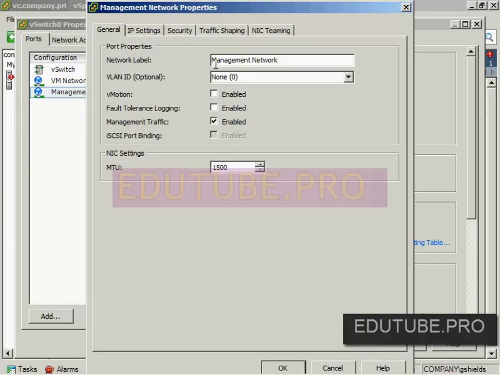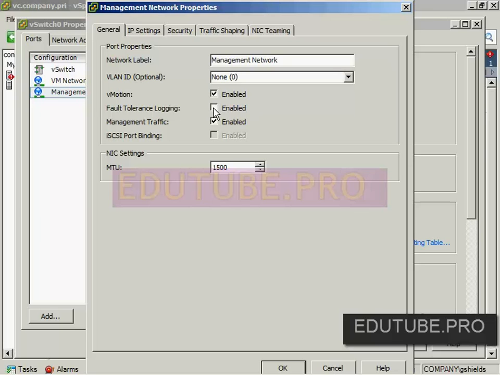There is one last thing that we want to talk about here at this point, and that are the additional services that we might want to add in to this VM kernel port for the purposes of the management network. Let me choose Properties here, and I want to go back here to the management network, and I want to choose Edit here. You'll see that I have the same option of choosing a network label, management network, and the VLAN ID, which I can change or adjust if I want. And then down here at the bottom are the services that are available for me: vMotion, fault tolerance logging,